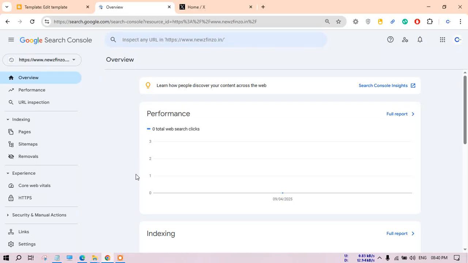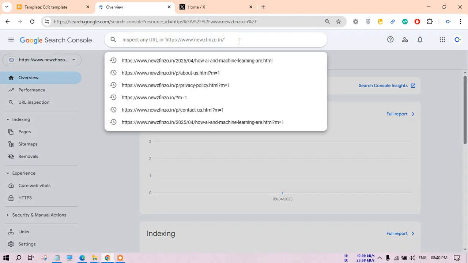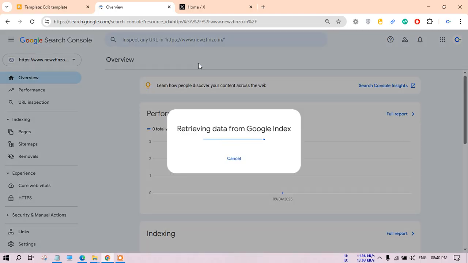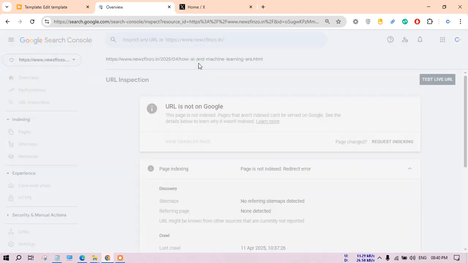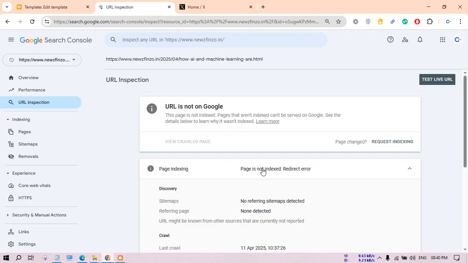Hello guys, if you are facing this problem in your blog or website, your website blog posts are not indexed, it is because you are facing this type of redirect. Let me show you. If I click on this URL, you will see it is showing page is not indexed